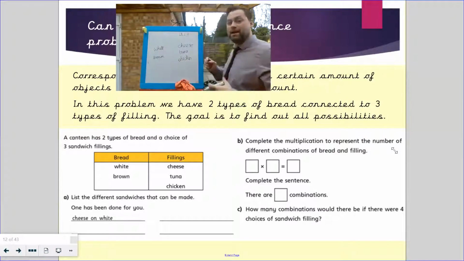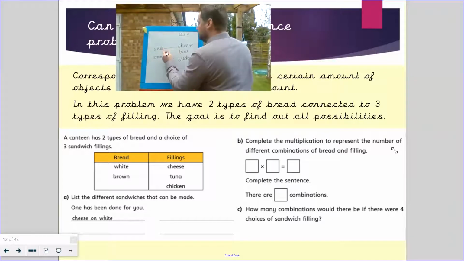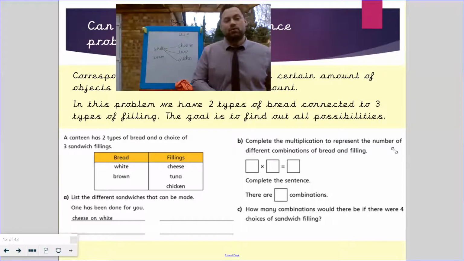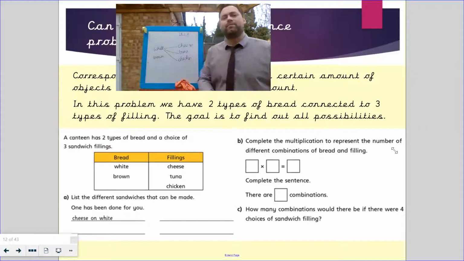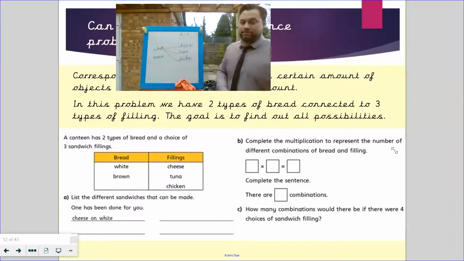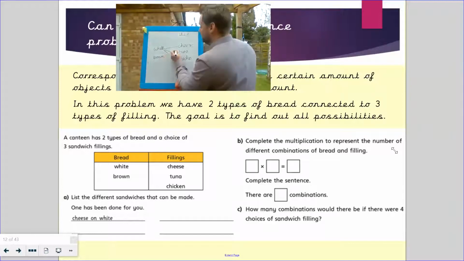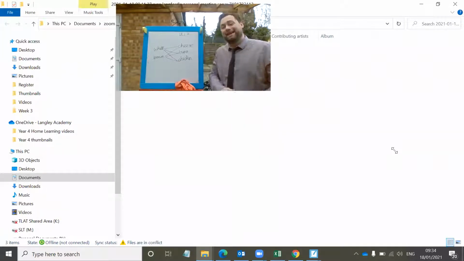And what we do, we think, right, how many different combinations can we have on white bread? We have 1, 2, 3. Okay, so with white bread, we can have white bread with cheese, white bread with tuna, or white bread with chicken. And then we have a look at the brown. We could have brown with cheese, brown with tuna, and brown with chicken. So with each,